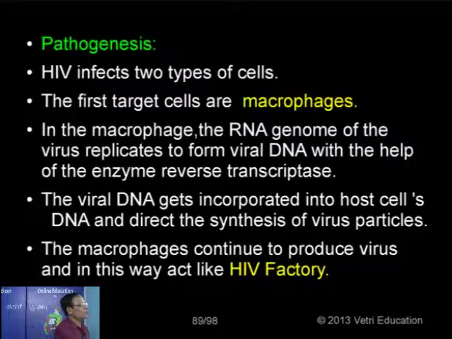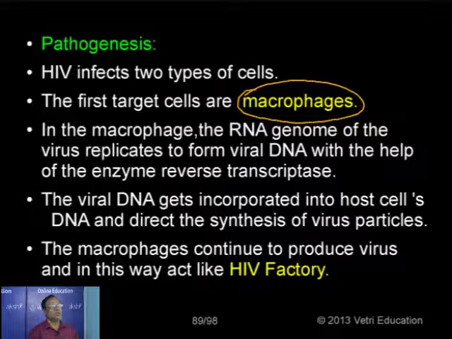One, macrophages, another one, T lymphocytes or helper T cells, one type of cell CD4, cluster differentiation molecules, T helper cells. So these are the two cells normally affected. But the place of actual multiplication, more and more, occurs in the reservoir cells, namely the macrophages, one type of WBC. A type of WBC called monocyte. Once it is infected by any pathogen, it gets converted into a macrophage, a large cell capable of swallowing or engulfing